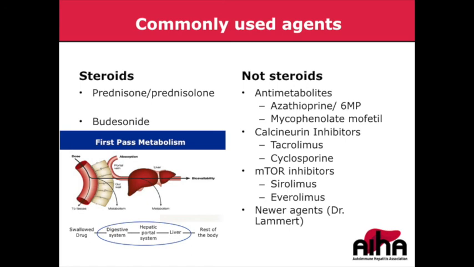And yet another group of agents is the mTOR inhibitor group. This is mammalian target of rapamycin. Big word, basically just another pathway that is vital for lymphocyte replication, clonal expansion of activated lymphocytes. So if you can suppress this pathway, you can really put a damper on the immune system. And we also use these agents in solid organ transplantation. They've got a slightly better side effect profile, which we'll talk about. Again, not much data in AIH, unfortunately, one small series in pediatric liver transplant recipients, but it is something that we've anecdotally used a fair bit here historically. And then there are other agents that Dr. Lammert's going to be talking about later.